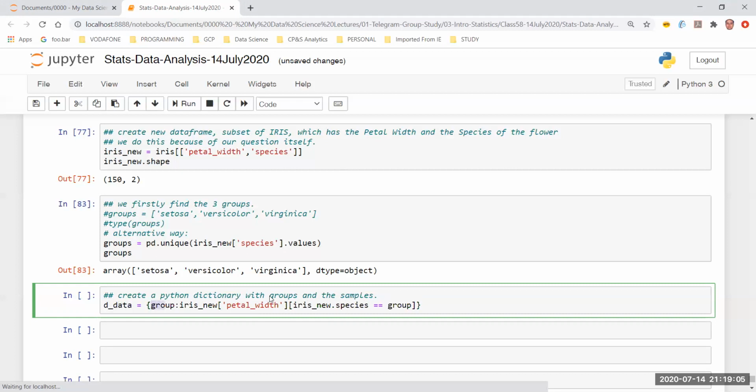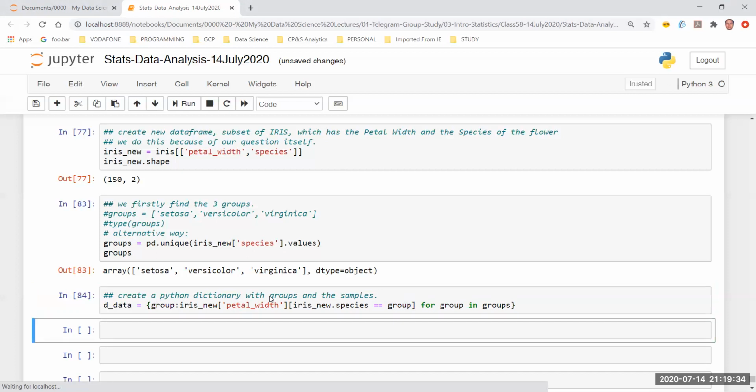So this becomes my key, and this becomes my value. This entire thing becomes my value. So this is the key and value, where for group in groups, right? So for each and every item in groups, I want a key value representation of the group name as well as the petal width of that specific group. This is exactly what I'm trying to do over here.